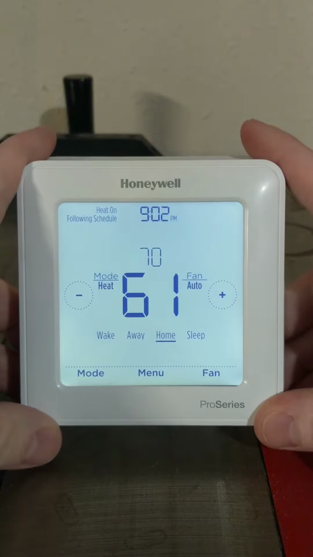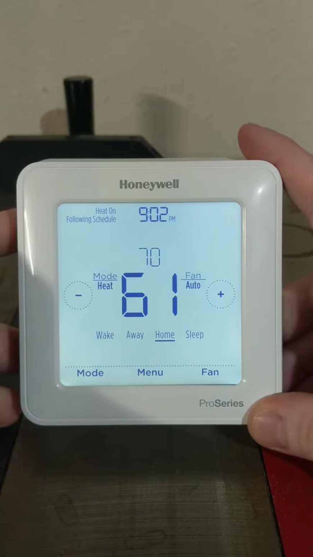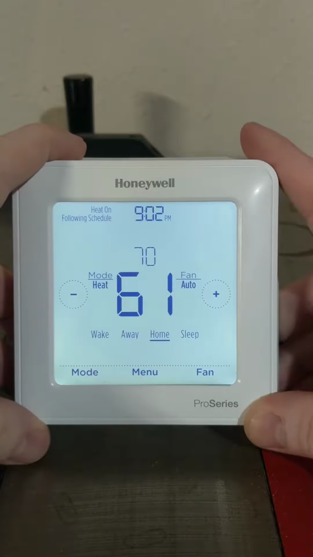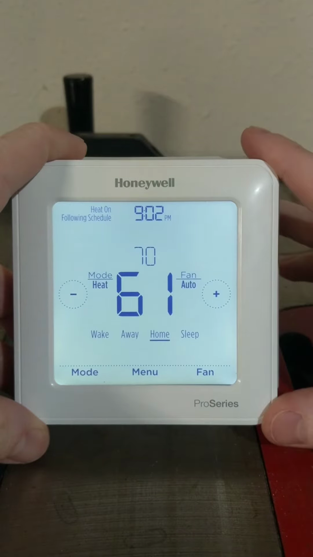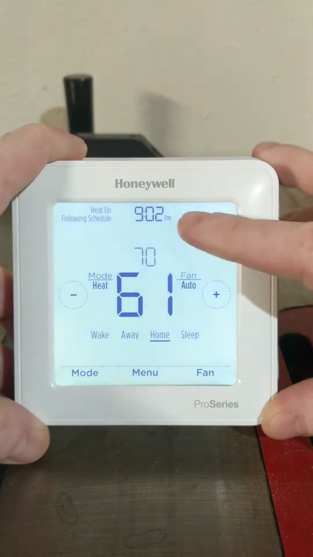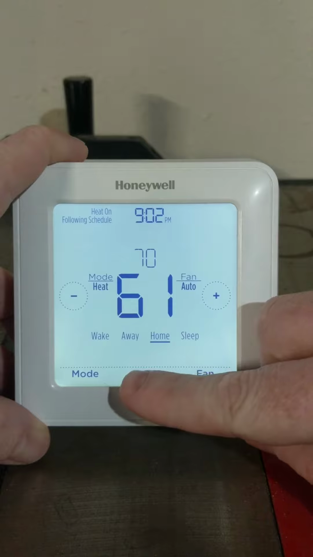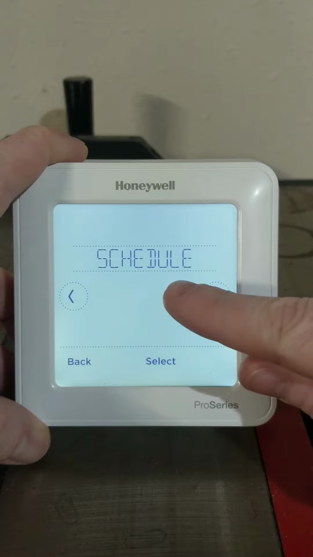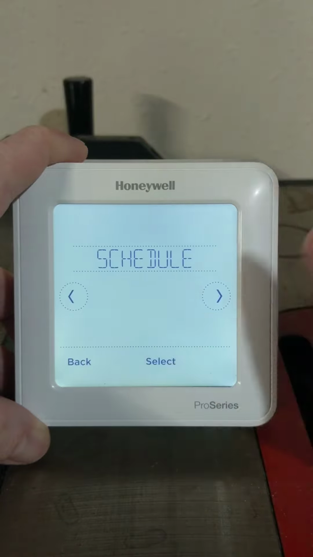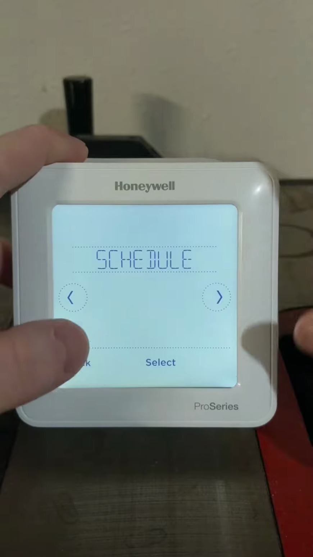Alright, so today I'm going to go over how to create a schedule on the Honeywell T6. The first thing, you're going to want to get it installed, make sure that everything is running correctly, and after you do that, you're going to go down here to the menu button. When you go to the menu button, you're going to click select on the schedule part, but actually, before I